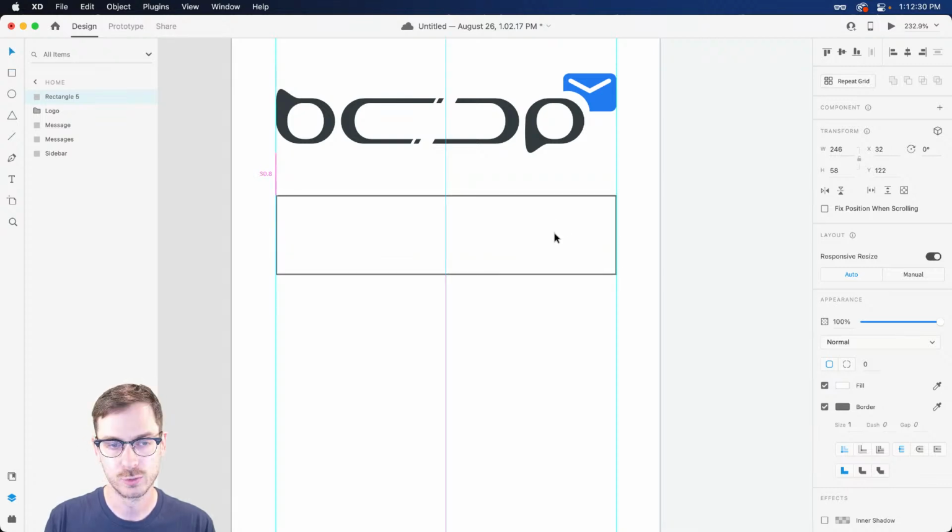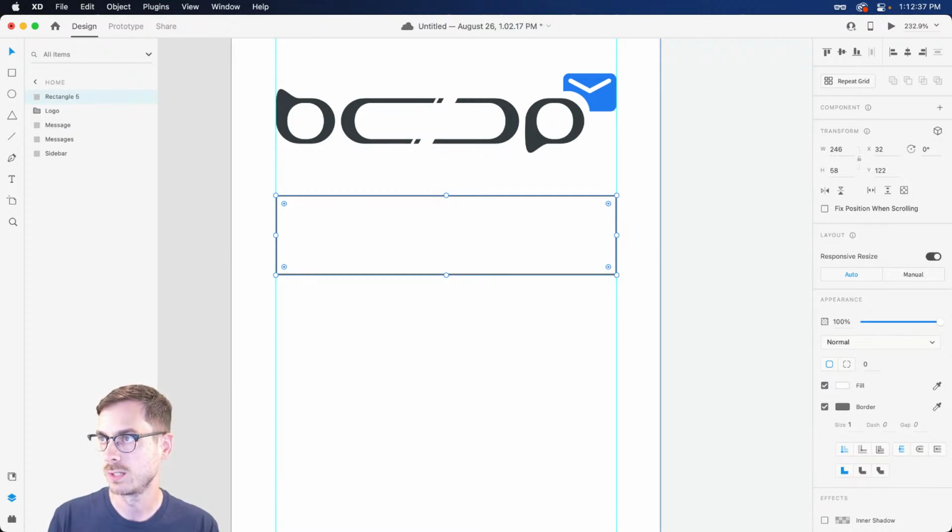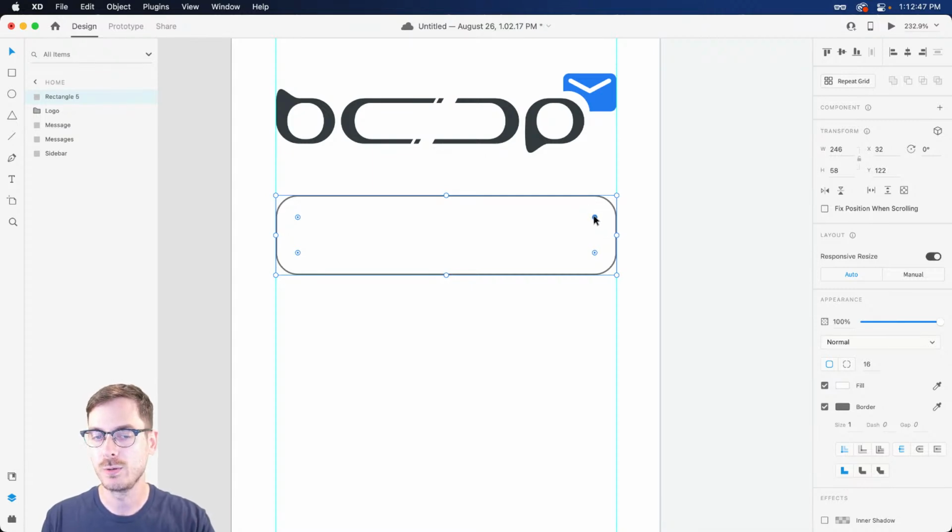And we'll see if that looks a little bit too large in just a moment. And I might want to round out the corners a little bit. I don't want to go too much, but just a little bit. If I do something like 16, it might be a little bit too rounded unless you're going for that style. But it's at the point now where if you're going to go this round, you might as well go all